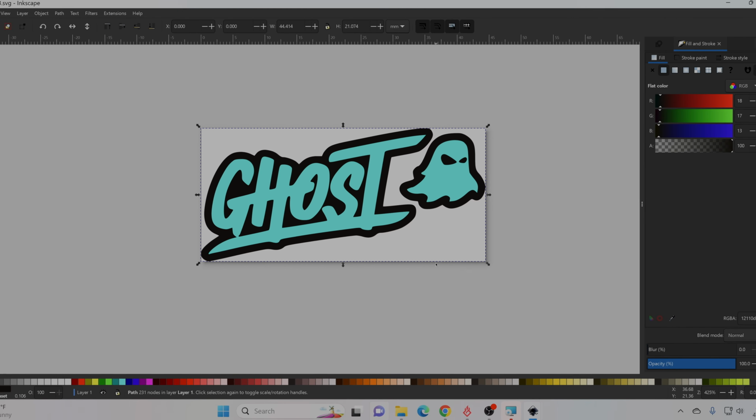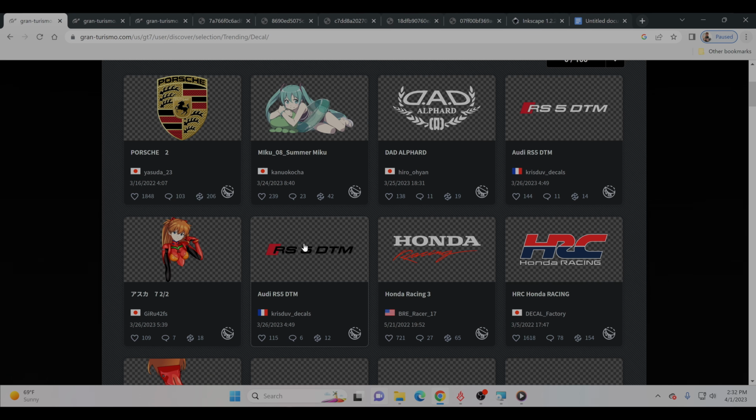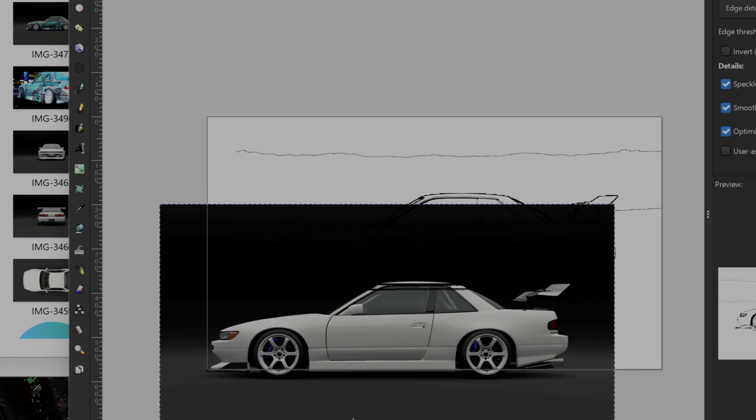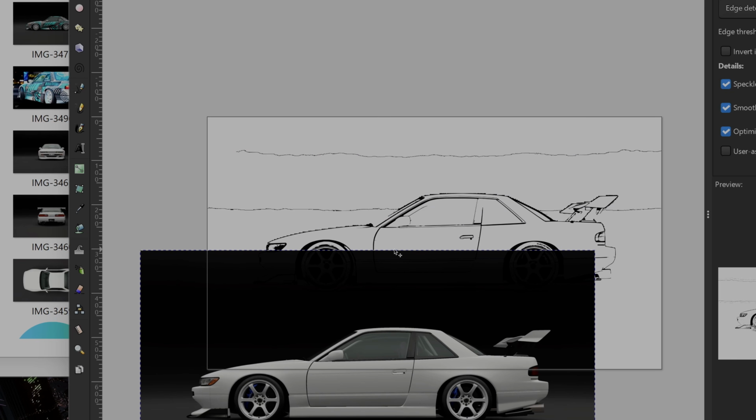The two things really go hand in hand, and if you're limited to the decals that other people have already uploaded, then you're only ever going to be able to be so creative and so unique with the liveries that you create. And so fortunately, I have learned several tricks over the years that will help you get around these